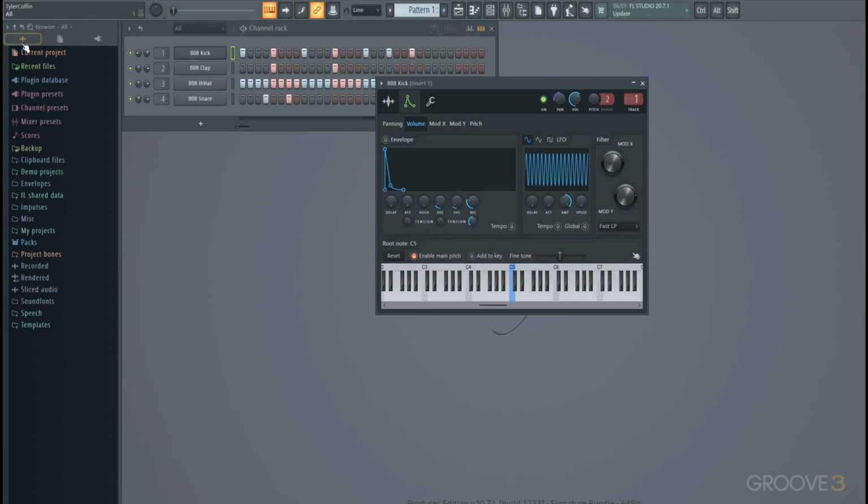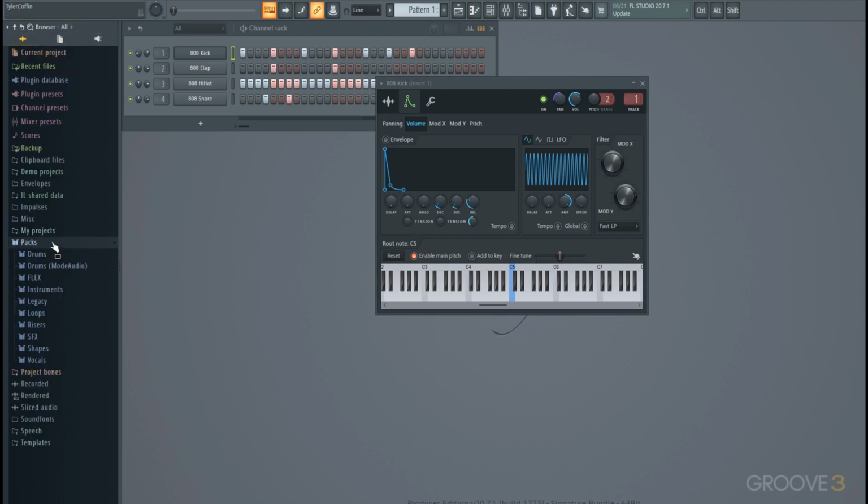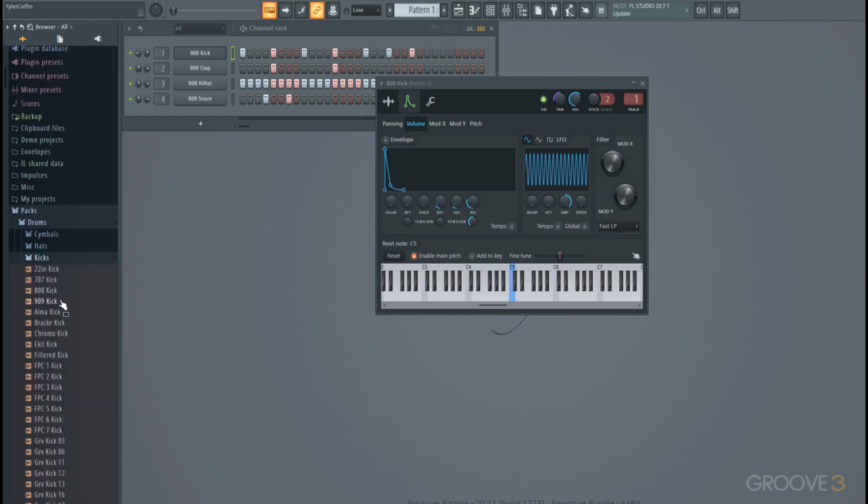and in here we have a few different divisions. We have all, we have current project browsing, and also plugins. But we'll jump over to all and go into packs, and we'll see samples. So starting with just drums, we can click on here, click around to preview these different samples available,